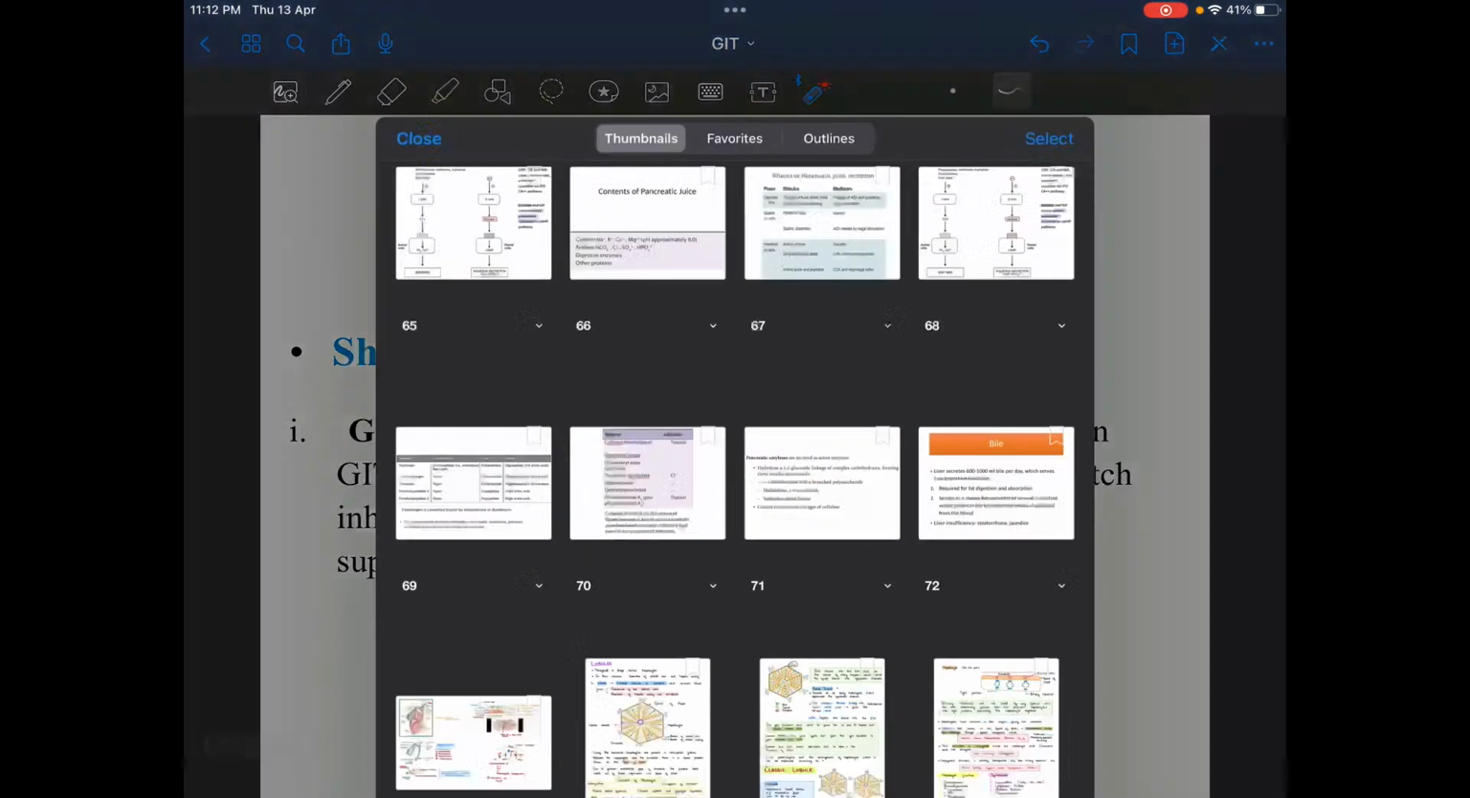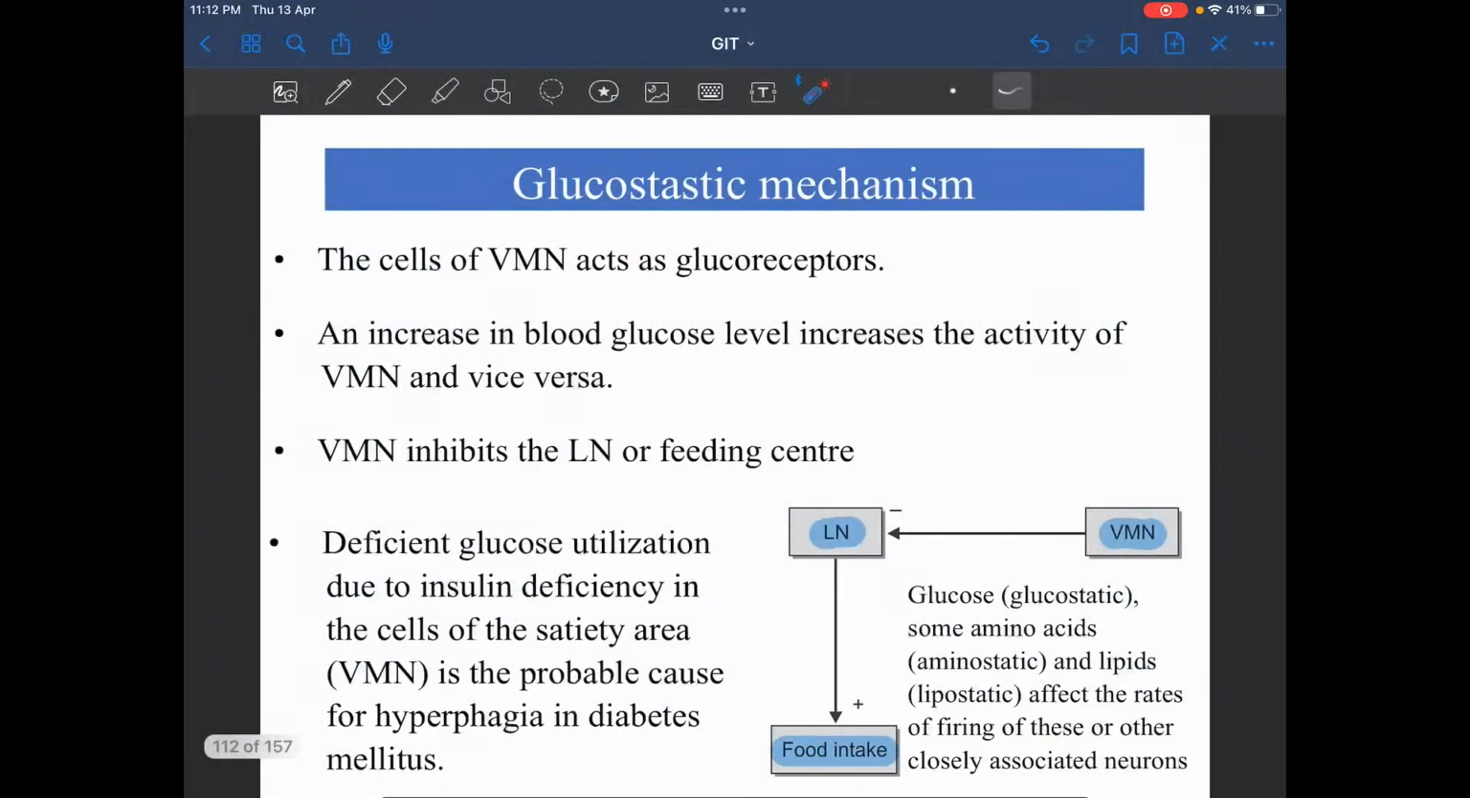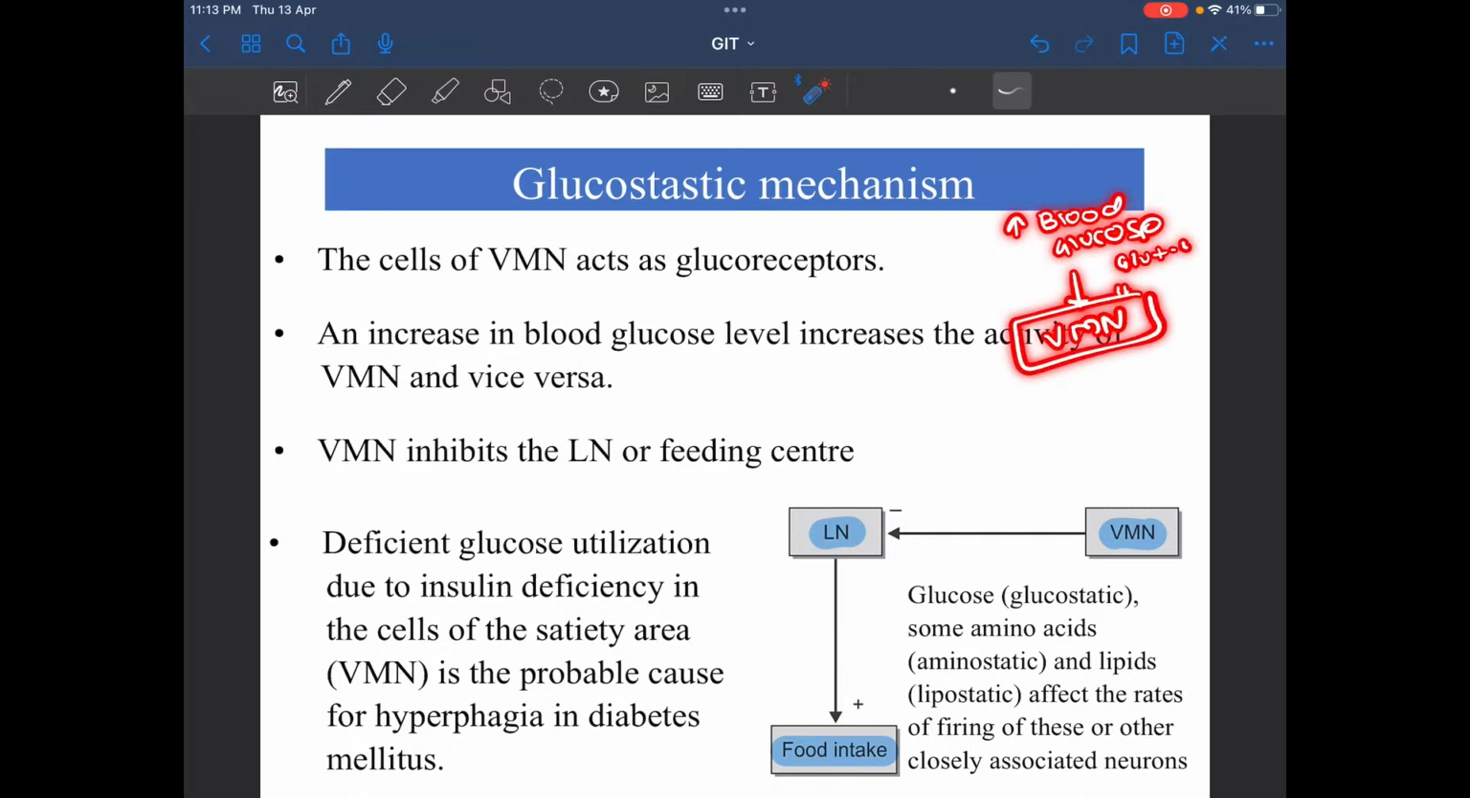How does it do that? I would like, however, to tell you about this very important mechanism of how the VMN functions. This VMN is actually a glucoreceptor. Whenever there is an increase in the blood glucose level, that glucose is going to enter inside the VMN via which transporter? It's going to enter via the GLUT4 transporter, that is insulin sensitive. And whenever this glucose enters inside the VMN, it is going to get active, and it's going to inhibit the lateral nucleus, and then our food intake will decrease, meaning we have achieved